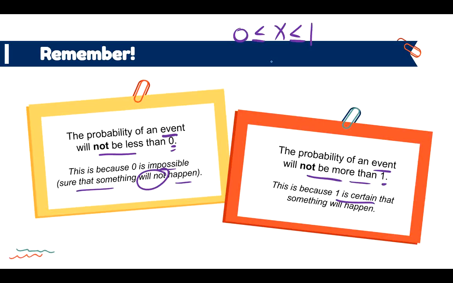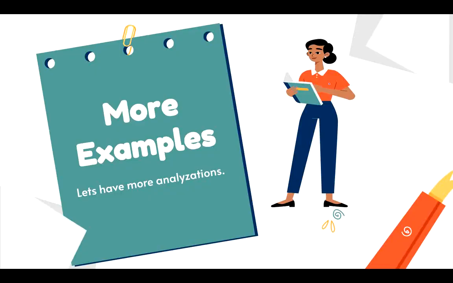Kaya kung mapapansin nyo, yung mga commercial na sinasabi nila na 101% na wala ng bacteria, kaya may ganyan. So, dapat hindi kayo naniniwala dun kasi alam nyo na ang 1 is certain or 100%. So, ibig sabihin, walang 101% nakukuha po. Kaya, di ba, ano bang patalastas ang sinasabi nila is 99.9%? So, yun, safe sila doon. Okay? So, let's have more example.